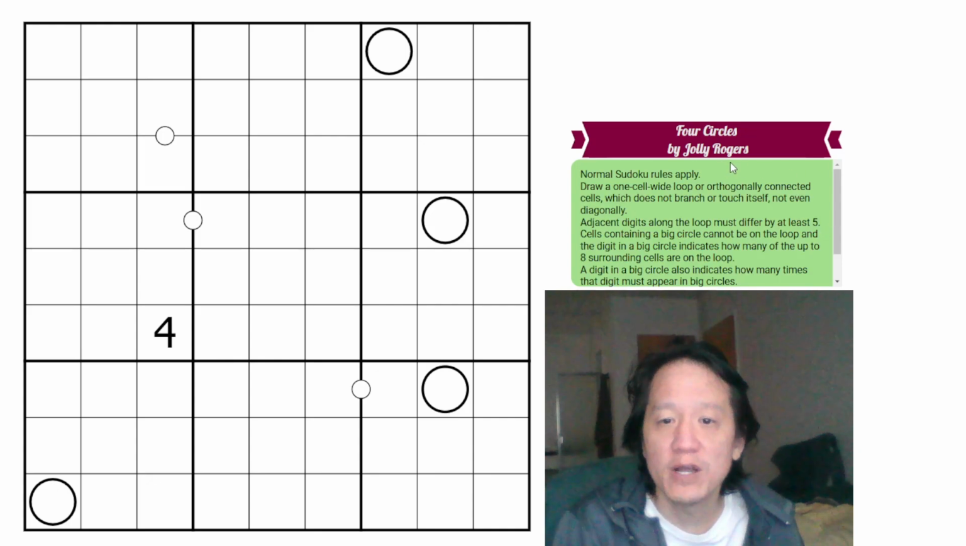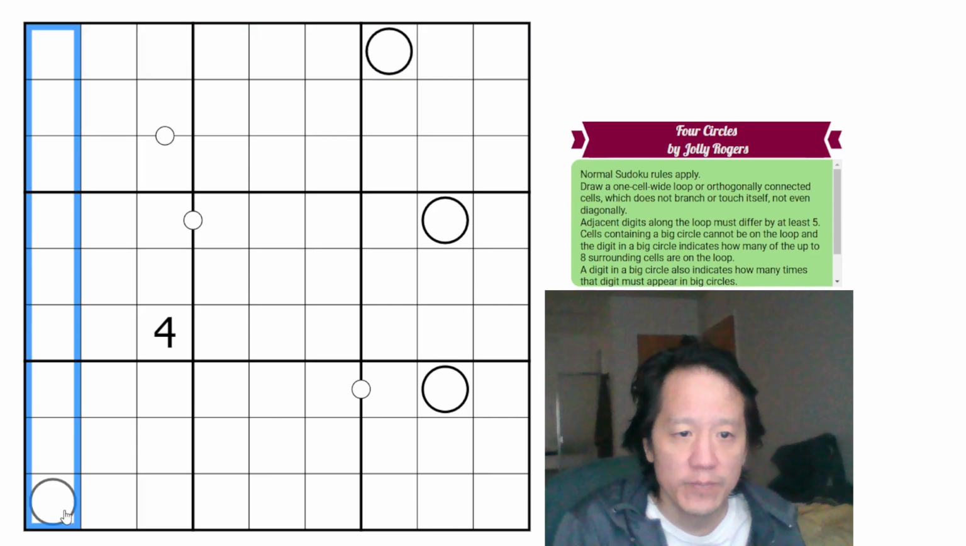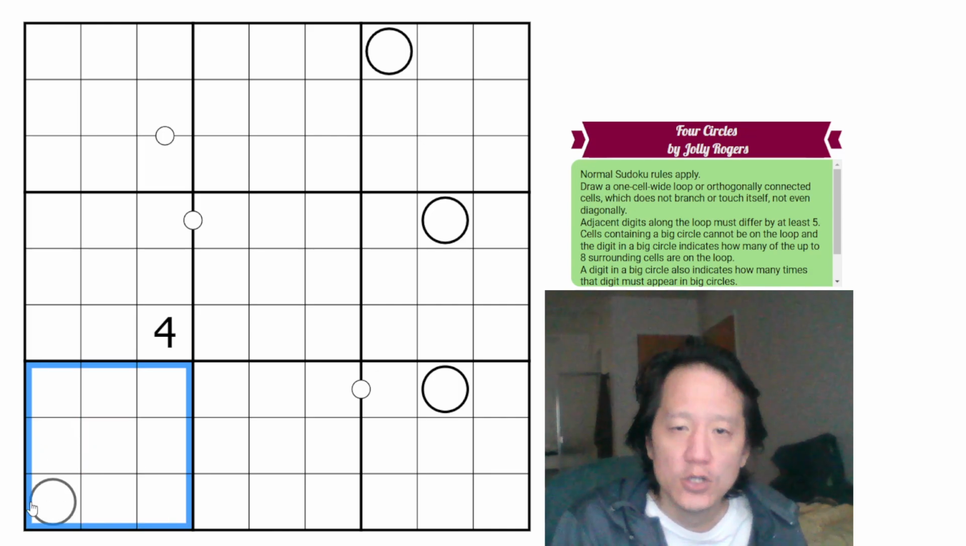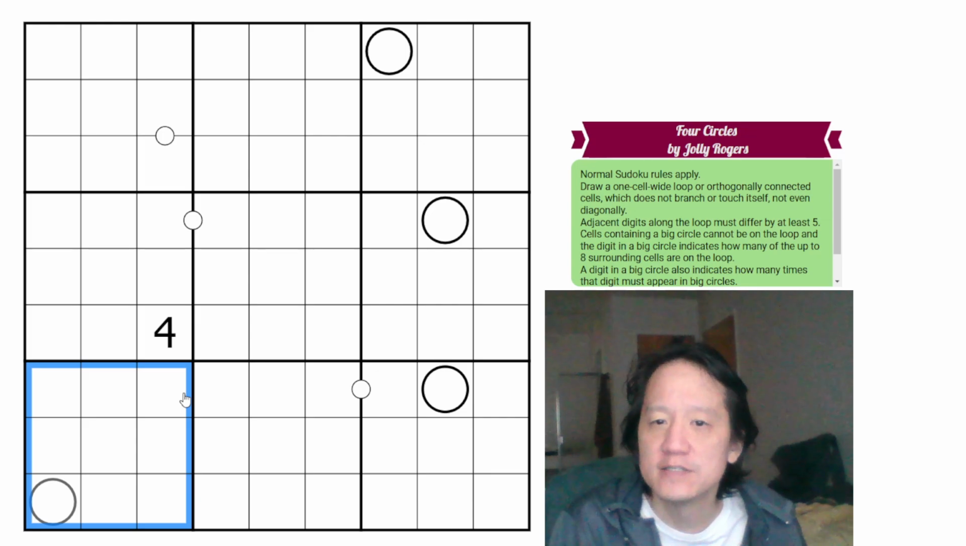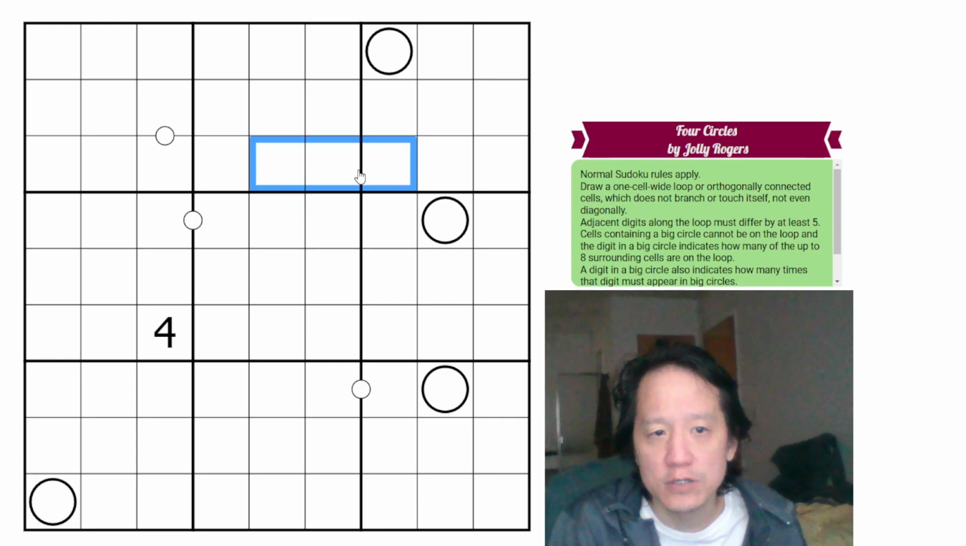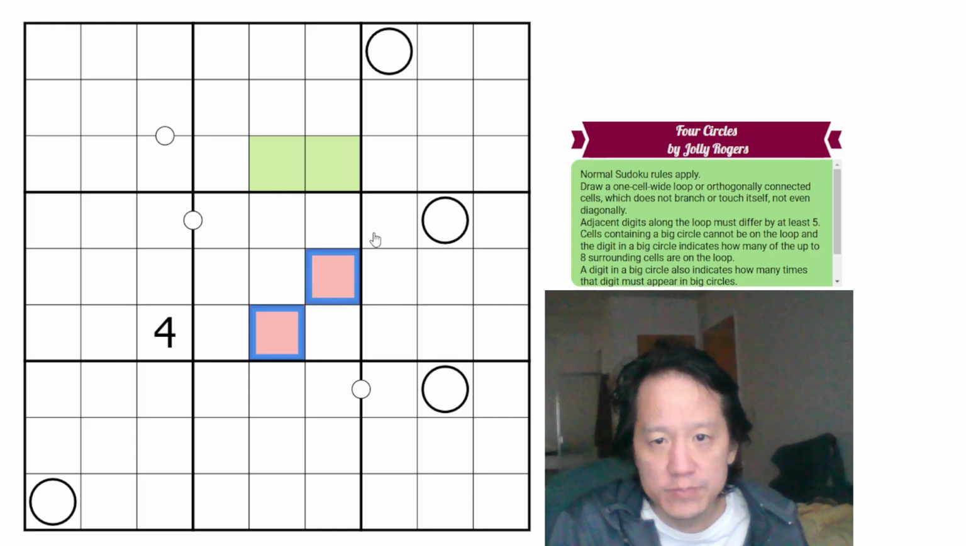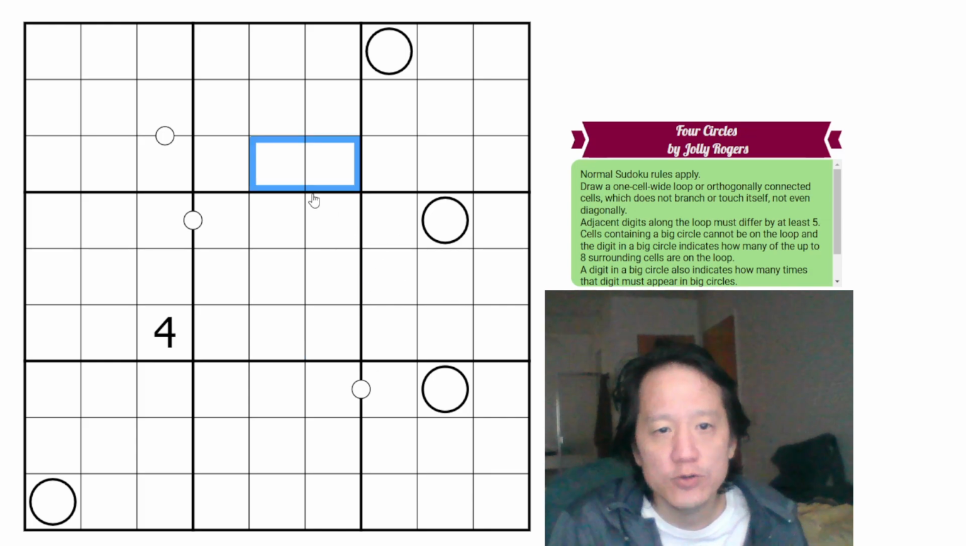Normal Sudoku rules apply, which means place the digits 1 through 9, once each, in every row, column, and box. Draw a one cell wide loop of orthogonally connected cells, which does not branch or touch itself, not even diagonally. Orthogonally just means that two cells share an edge. So these two are connected orthogonally, but these two would not be. They are connected diagonally. But for the loop, you can't even touch itself